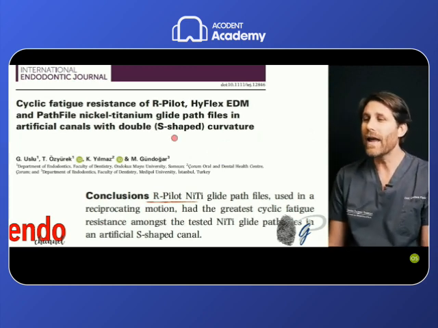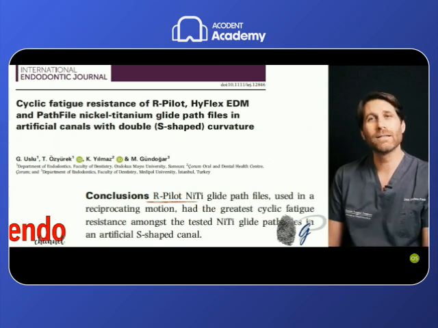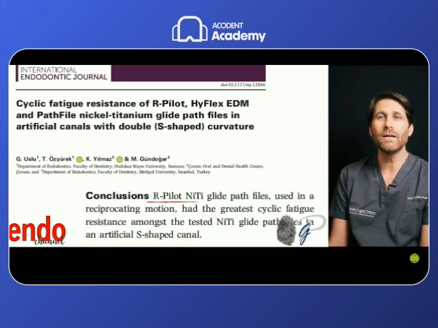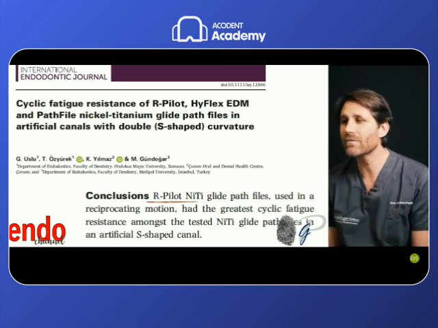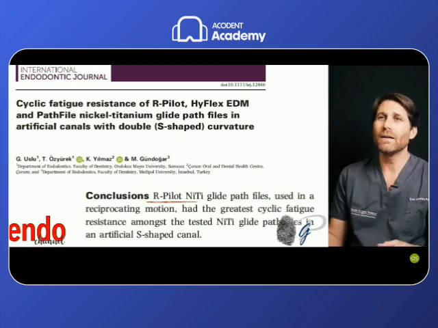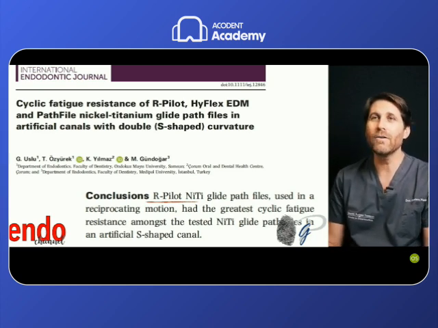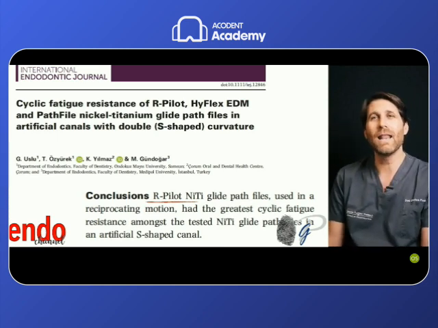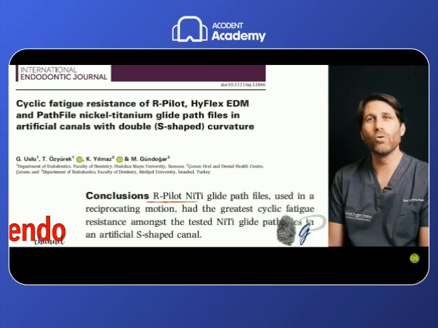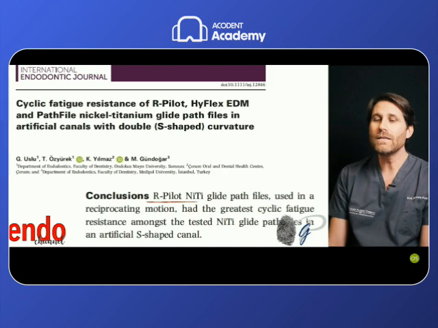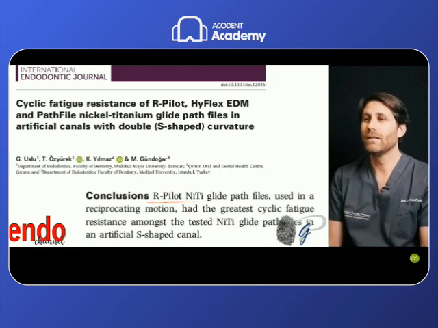So in this case, even if we have a less strong thermal treatment like the M-wire, the cyclic fatigue resistance was greater. That means that the design plays a role and increases the fatigue resistance of this file, despite the metal treatment being less prone to create a flexible file. So this design is, for me, the best design for a file for doing this.